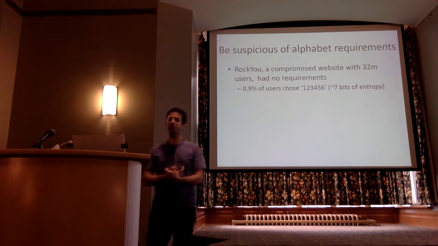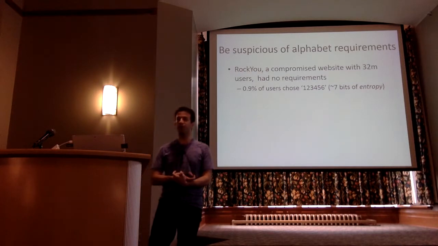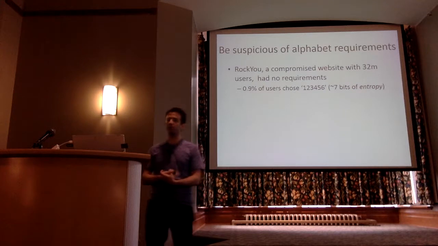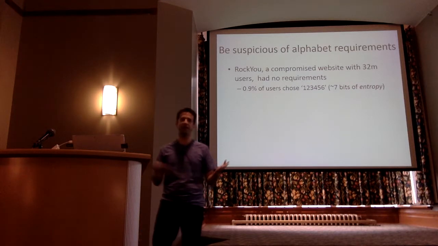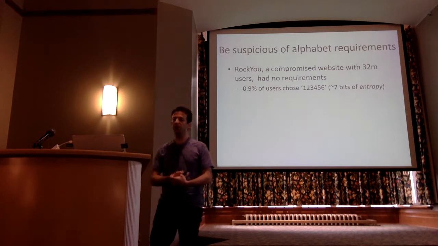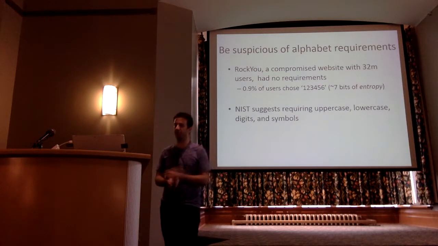Someone broke in, got this set of usernames and passwords, and published them for all the world to see. So we have a lot of data here, and we know that almost 0.9% of people chose 1, 2, 3, 4, 5, 6. They didn't even have a length requirement, a minimum length of 8. So there's guidance on how you're supposed to make users choose passwords that requires those uppercase, lowercase,